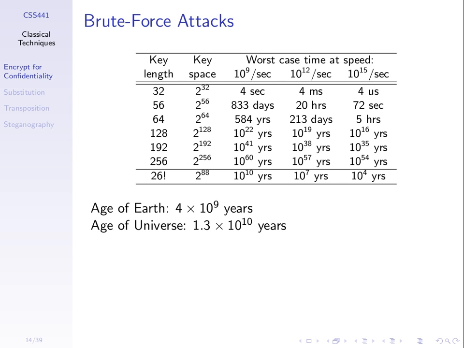Because we don't have a set standard for the speed of computers, we normally compare algorithms based upon their key length. So I say key length of 128 bits is better than a key length of 64. We compare based upon the key length, not based upon the time, because the time depends upon computer speed.